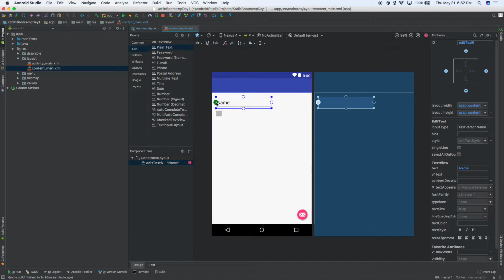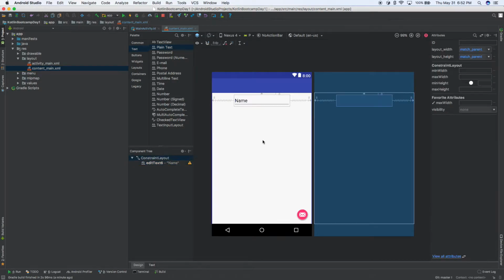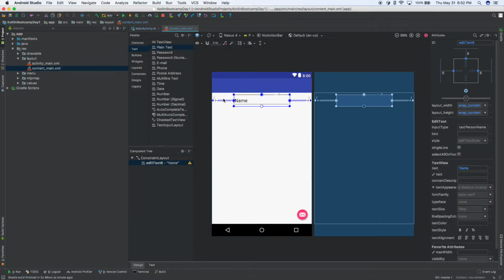So I'm going to do the left side, and I'm going to click and drag till it snaps into place. Then I'm going to click and drag over here and get that in place. Then we also want it at the top, so I'm going to click and drag up to the top, and there it is. So this is kind of cool, but you've noticed that, hey, there's a bunch of gaps there,